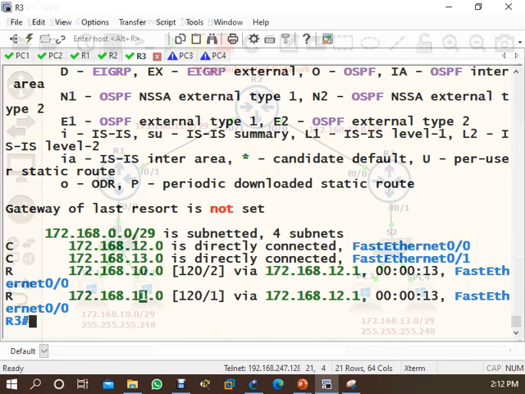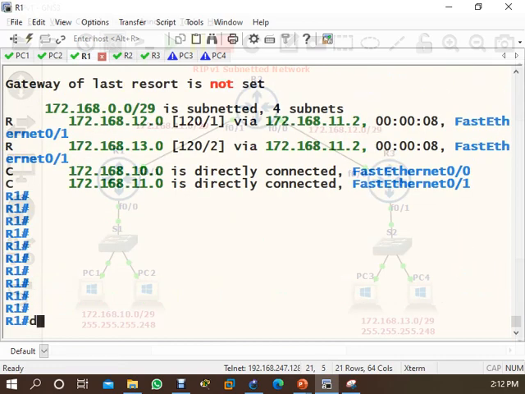Now if you come to R1, what are they doing? If you see here, debug IP RIP.